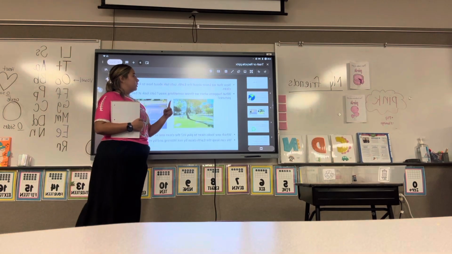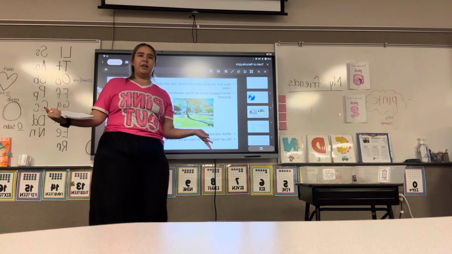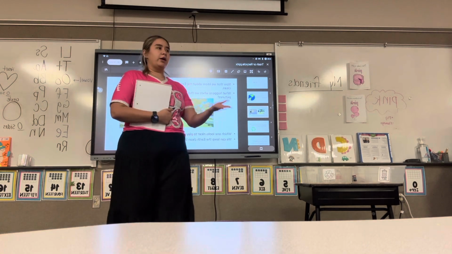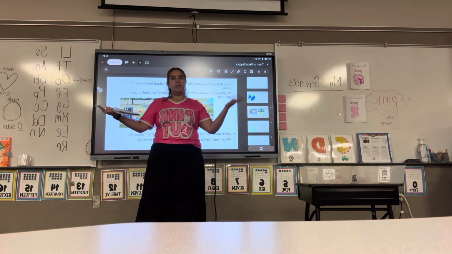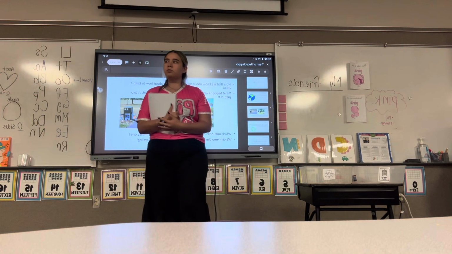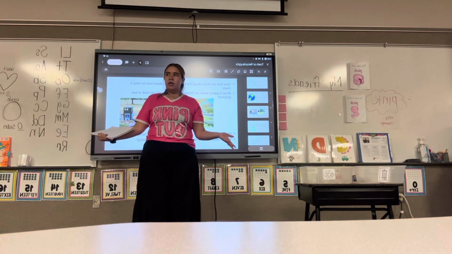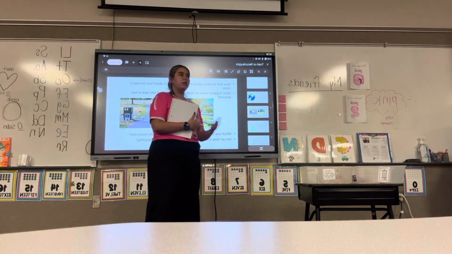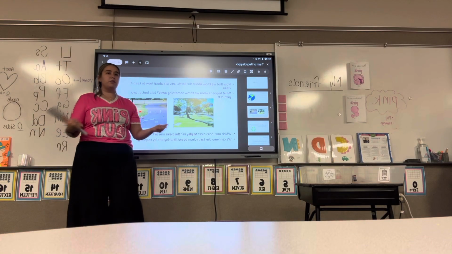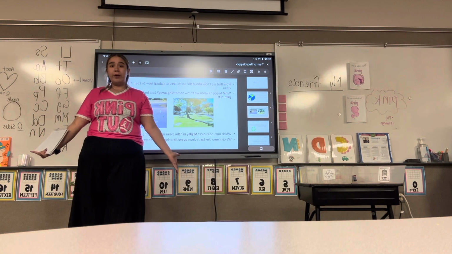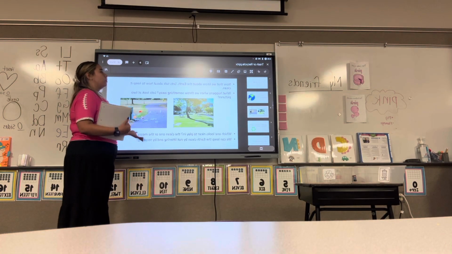Now, let's talk about how we can keep the earth clean, right? We want to keep the earth clean, just like we want to keep our classroom clean. Every time we clean up on the carpet, we have to clean up, right, so it doesn't look dirty. Or at our home, right? Our parents like to keep our room clean. And when you play over there, you got to clean up your toys. So the earth wants us to keep it clean too, okay? Because if you don't keep it clean, it's going to be bad. So we're going to talk about how to keep the earth clean.